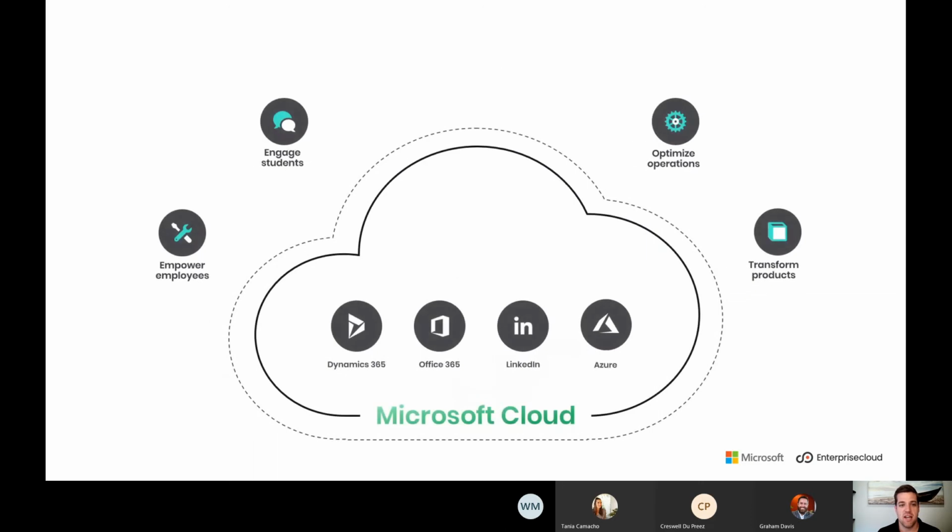Then Microsoft take that data and put it into, just to give you an idea of the scale and proportion, the single Microsoft Cloud, where we have Dynamics, which is some of the technology Graham has shown today. We've got Office 365 that most people are aware of, but really just Office, email, and a whole bunch more. Microsoft, of course, own LinkedIn, which is really important from an alumni point of view, from executive education and those kind of things, because we have a new channel of data to go and look at potential clients and all that kind of thing. And then we've got the Azure platform, which is where everything is hosted. That's the engine room in the sky, so to speak.